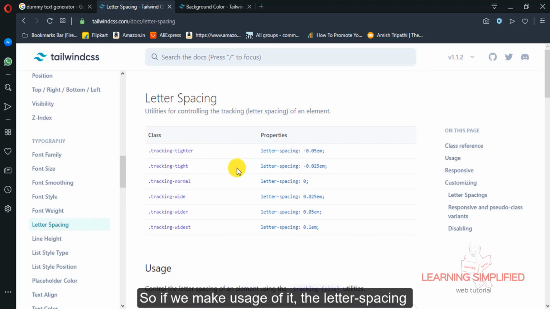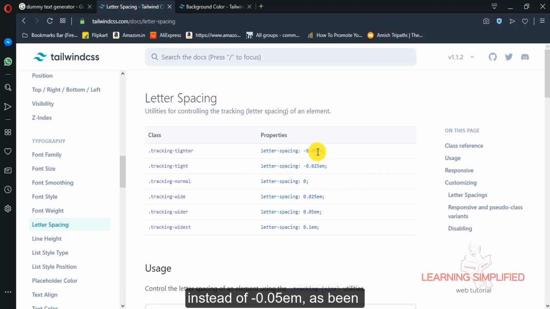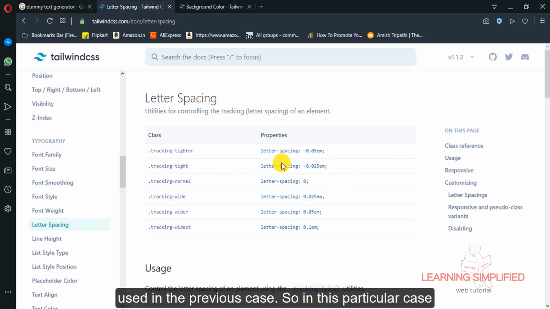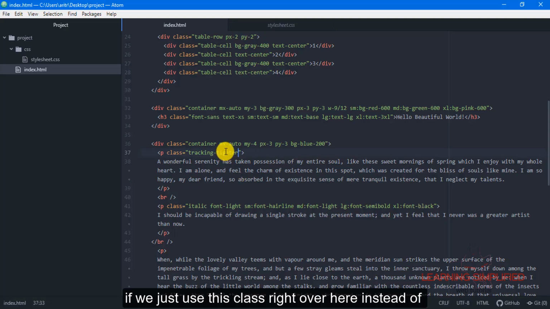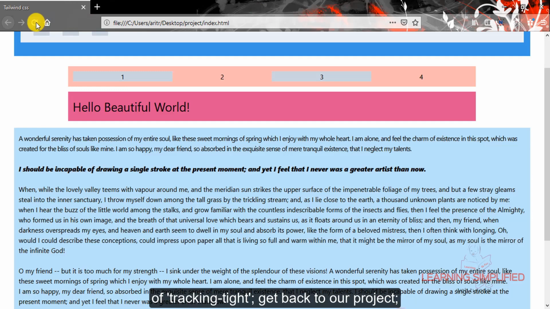So if we make use of it, the letter spacing will be reduced to the value of 0.025 em instead of 0.05 em as in the previous case. So in this case, if we just use this class right over here, instead of tracking tighter, if we now use this class of tracking tight, get back to our project, reload,